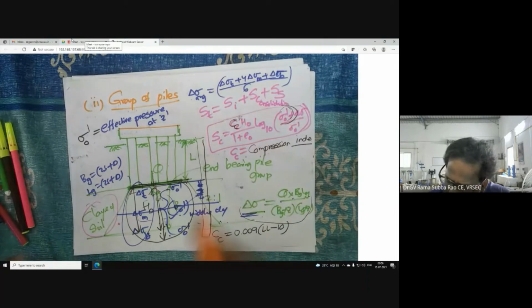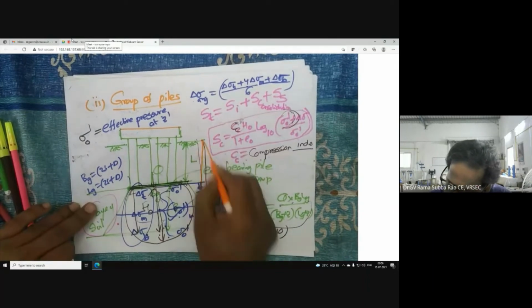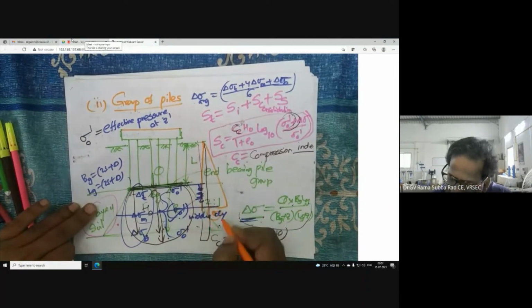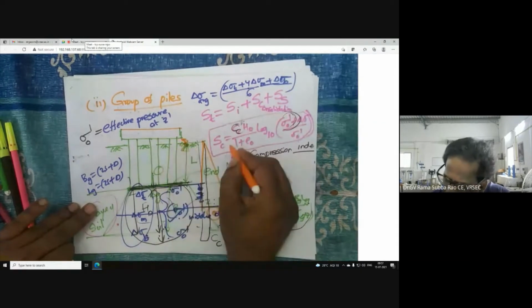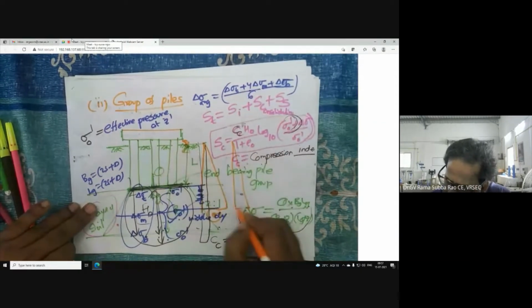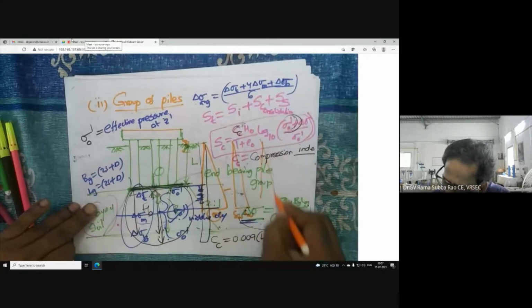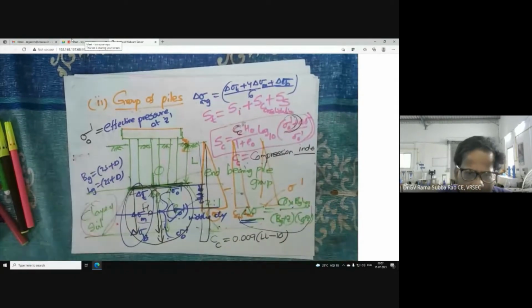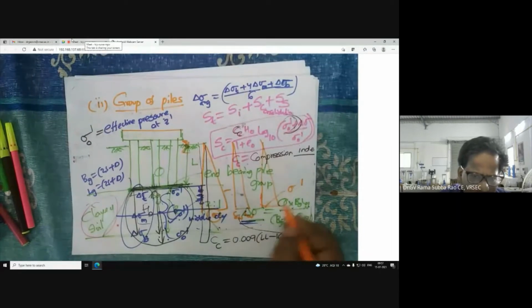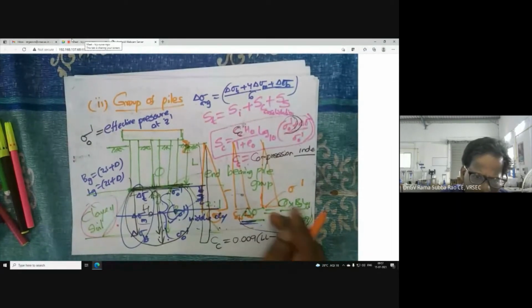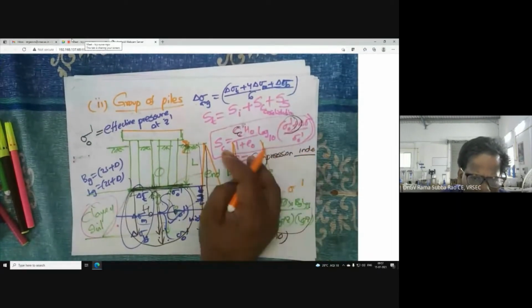So sigma naught dash. How to calculate sigma naught dash? This sigma. Local water table ground level దగ్గర ఉందనుకోండి, ఇది pore water pressure, ఇది gamma of water into height of water, this minus this, that gives sigma dash. So what I am trying to show you at the end, so if you want to compute settlement, you must